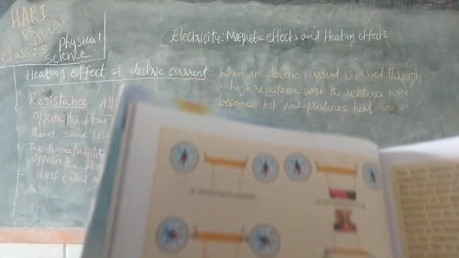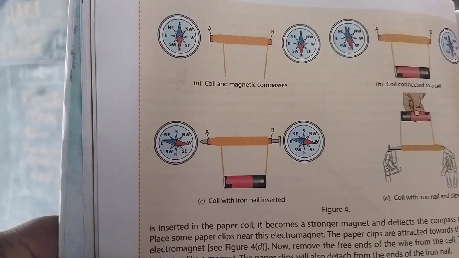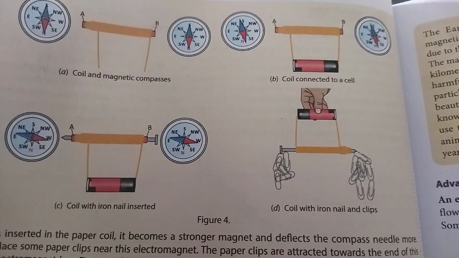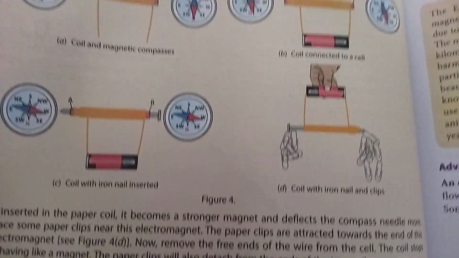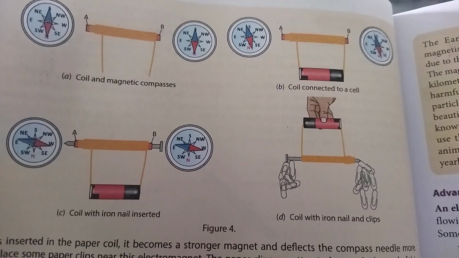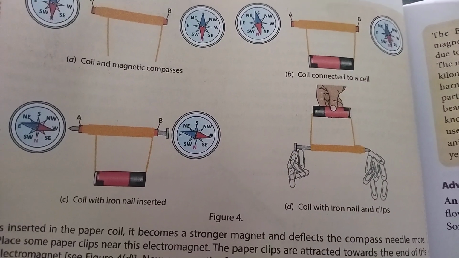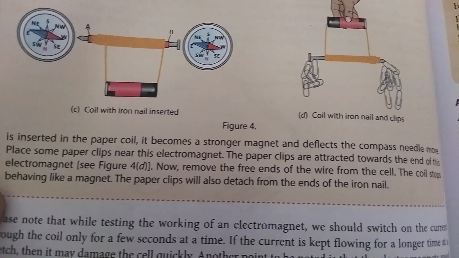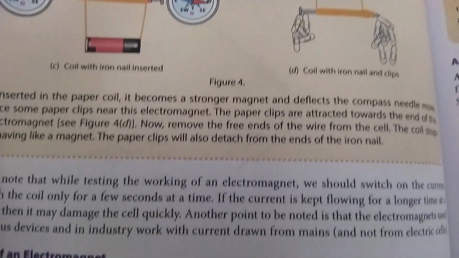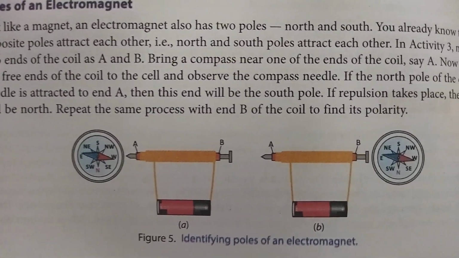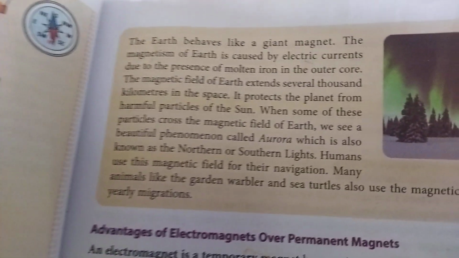See how these electromagnets are showing the effect, right? A coil connected to a cell, magnetic needles are placed. See the deflection in the diagram, on both sides. Then also see how strong. Then the electromagnet's polarity, identifying the poles. Then also see the